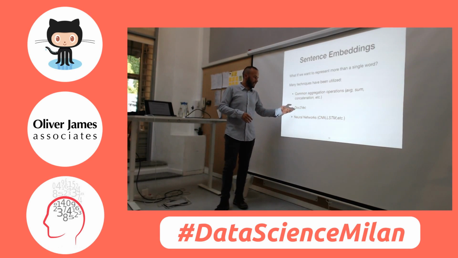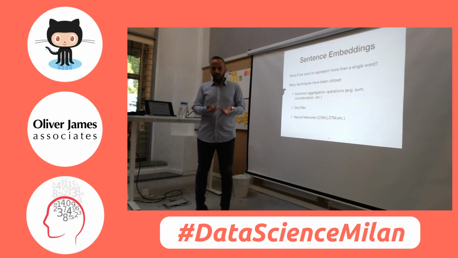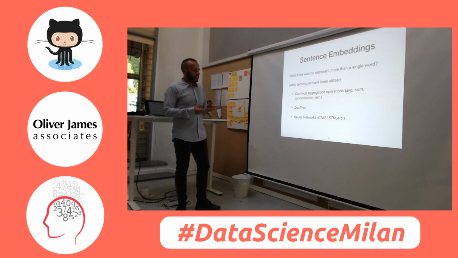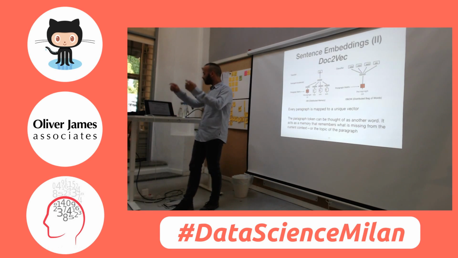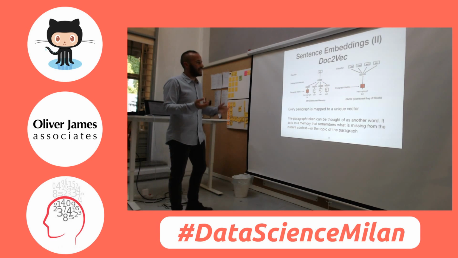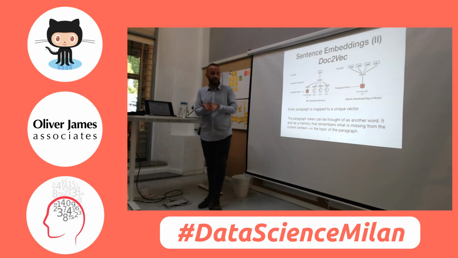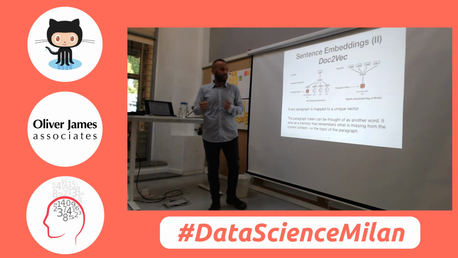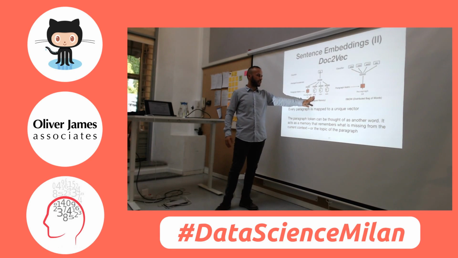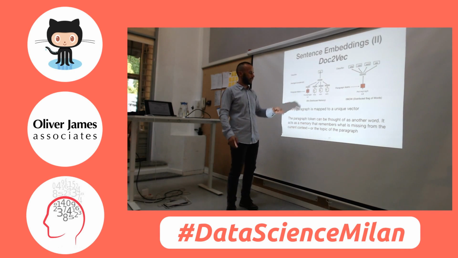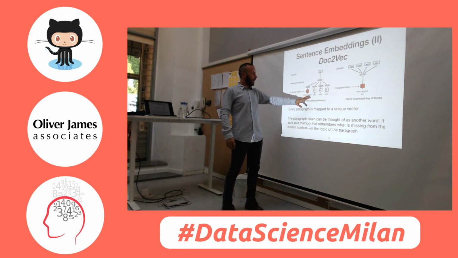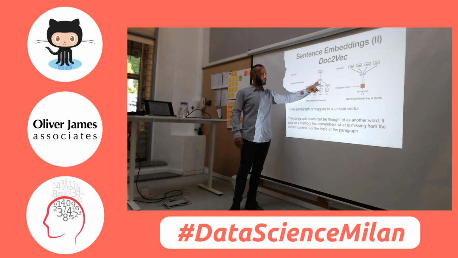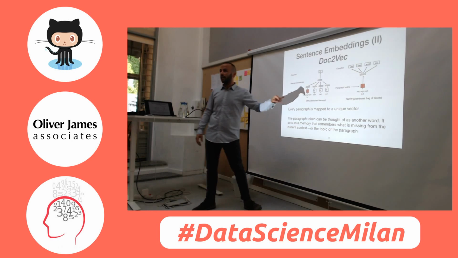Other guys published a paper, sorry, I don't remember the names, but they did the same reasoning. They said, all right, I have words, and I can average them. Yes, I can do that. But what if I give the network a hint? What I mean is, I'm going to feed my words like I was doing earlier. So I'm going to have the distributed memory and the DBOW, which is kind of the CBOW and the skip-gram. And together with my words, which are going to be averaged here, I'm going to give it a paragraph ID.